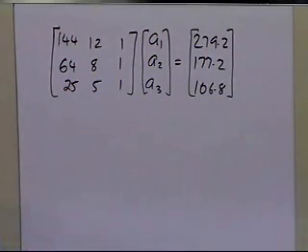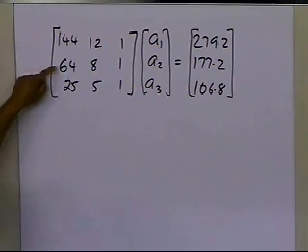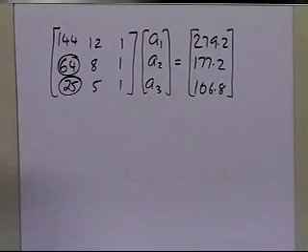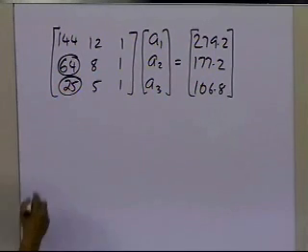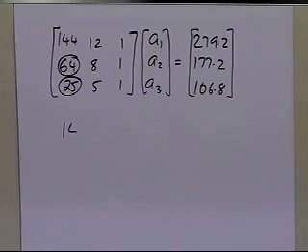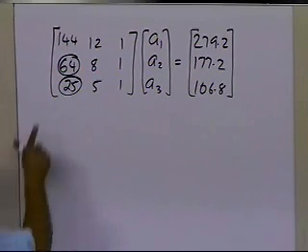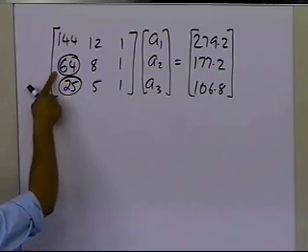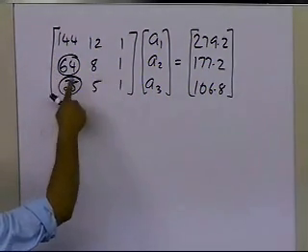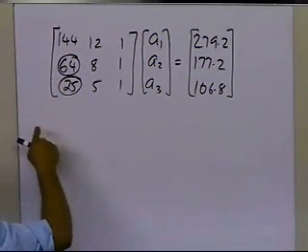Now I follow the steps of the naive Gaussian method, which means that in the first step of forward elimination, I'm going to make everything below the first row in the first column to be 0. That means the element 64 and the element 25 need to be converted to 0. I have to find the multiplier that makes the second row, first column 0: I'll divide the first row by 144, multiply it by 64, and subtract it from equation 2.